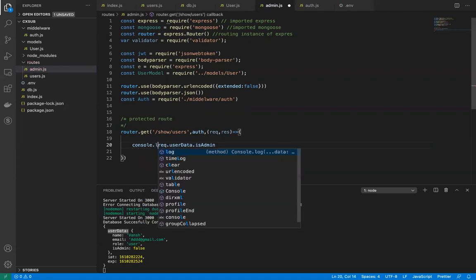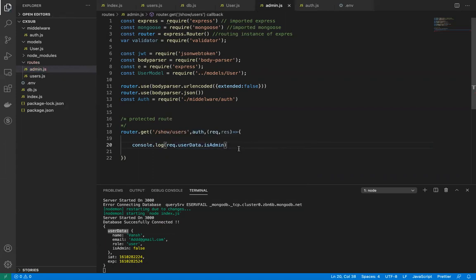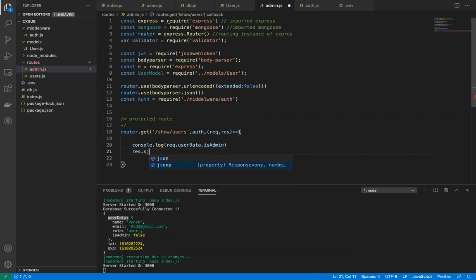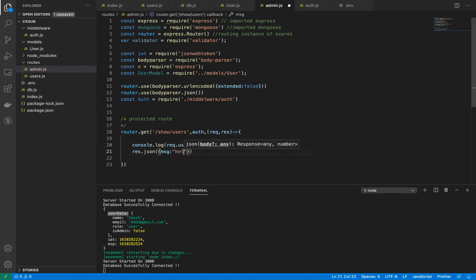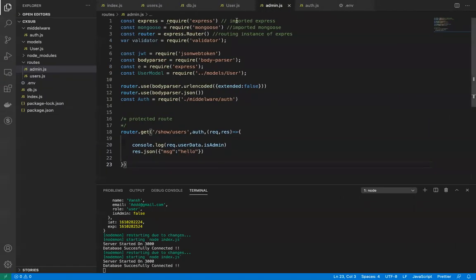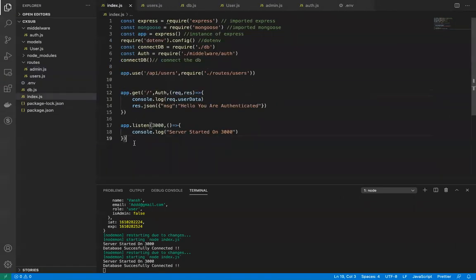We are just going to console.log that particular value and return something like this, and a message hello, so that it won't hang our server and keep it waiting for the response. Let me go to this API slash admin slash show users, but before doing this as well, we need to go to this page, and we need to copy this and add this, and then we need to add this. I think that's it.